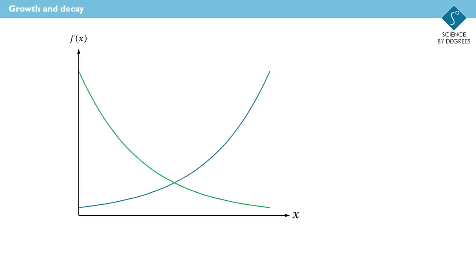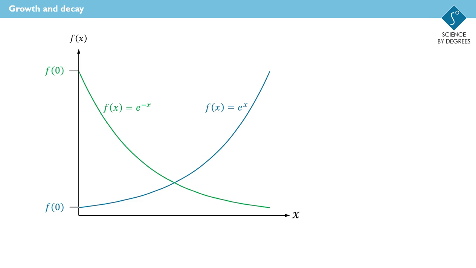Here are two functions, one representing exponential growth and the other representing exponential decay. Here's the value of the function for exponential decay at time 0 and the value for exponential growth at time 0. And we've cheated a little bit here because if we're considering the functions e to the minus x and e to the x, plugging x equals 0 into those equations gives that f of 0 is equal to 1